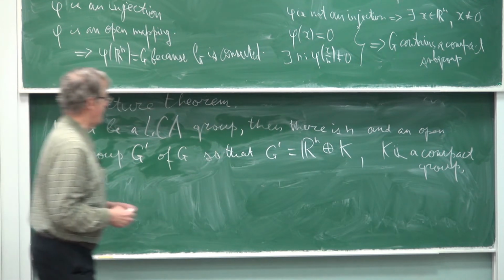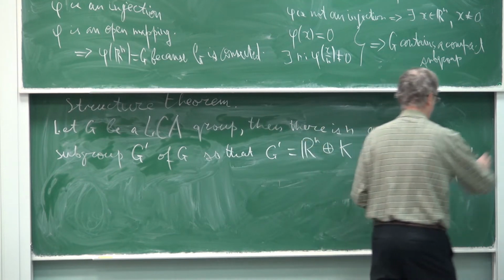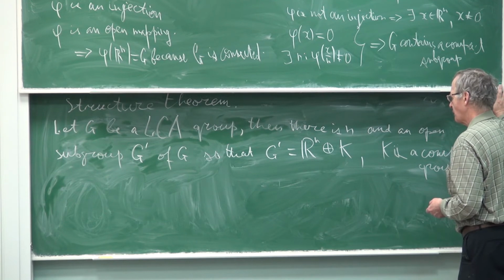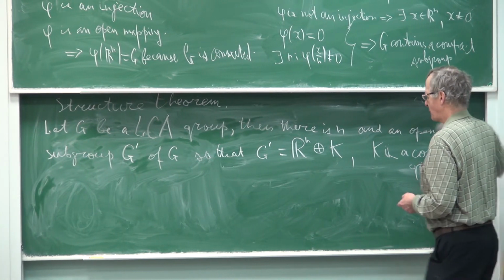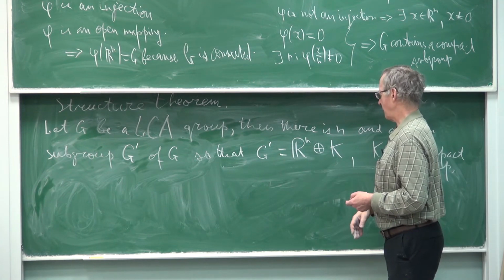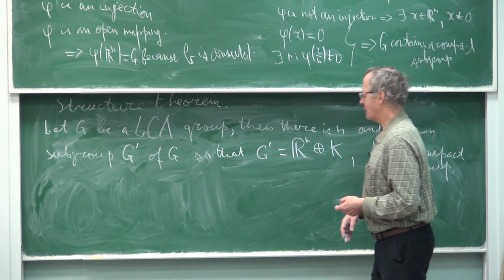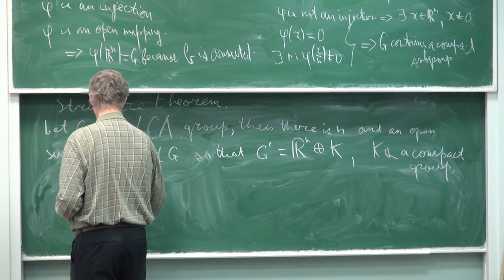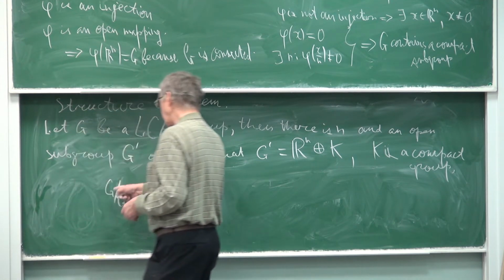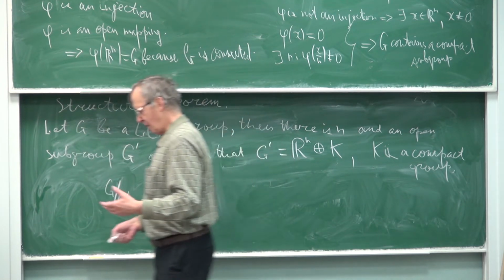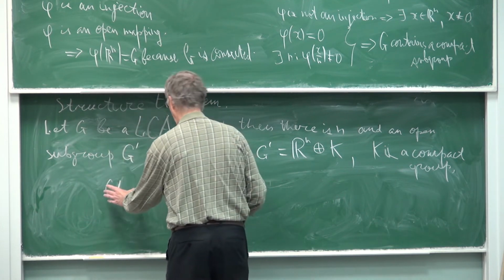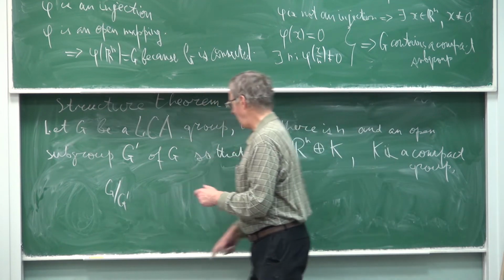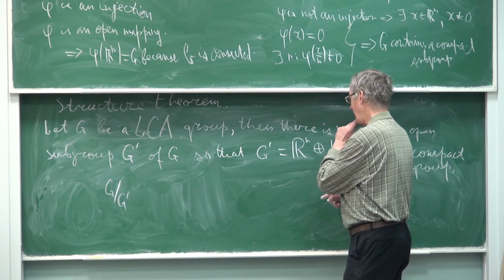Well, I explained this last time, but let me repeat these words. What is responsible here for the non-compactness? First, this R^n is responsible for non-compactness, and second, the quotient of G over G prime. This is a discrete group which may be infinite, so there are two points responsible for non-compactness. One of them is here, and the other is here. Otherwise, everything is compact.